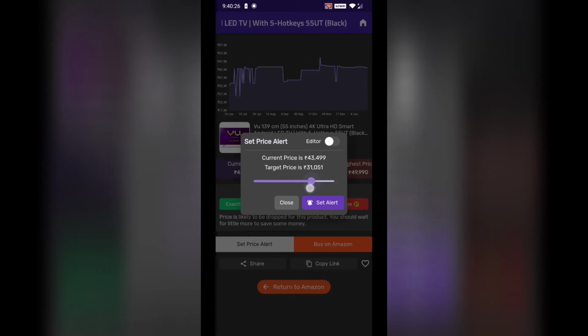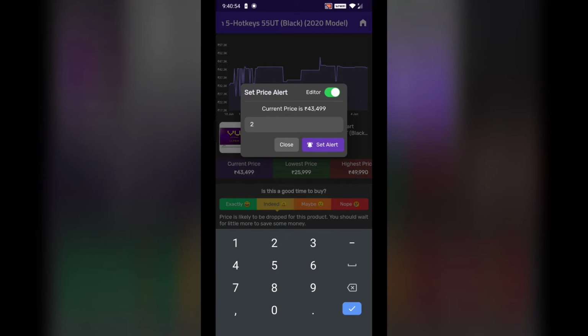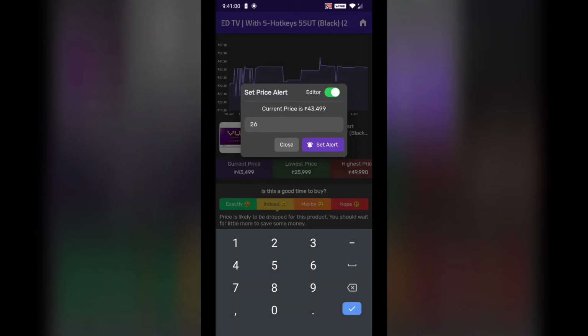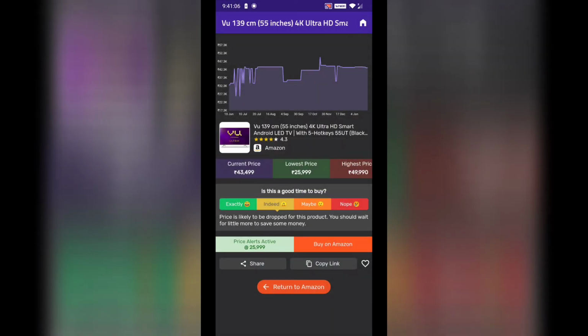Set a price alert. Current price is 43,999. Enter your target price, whatever you are expecting. If you select the top edit option, you can edit the number to 25,999 and set an alert.